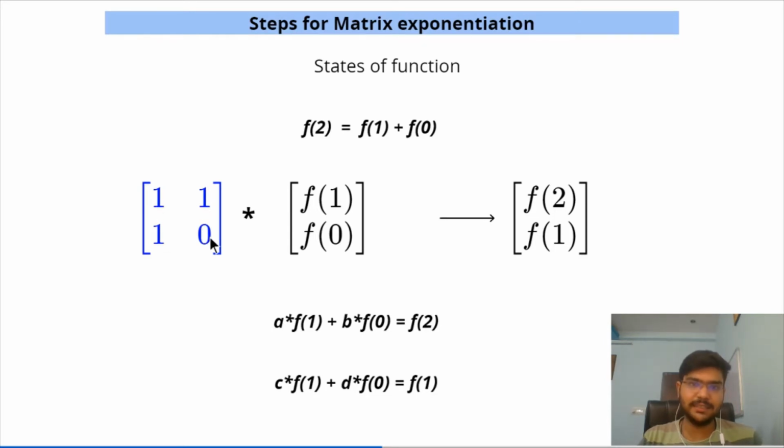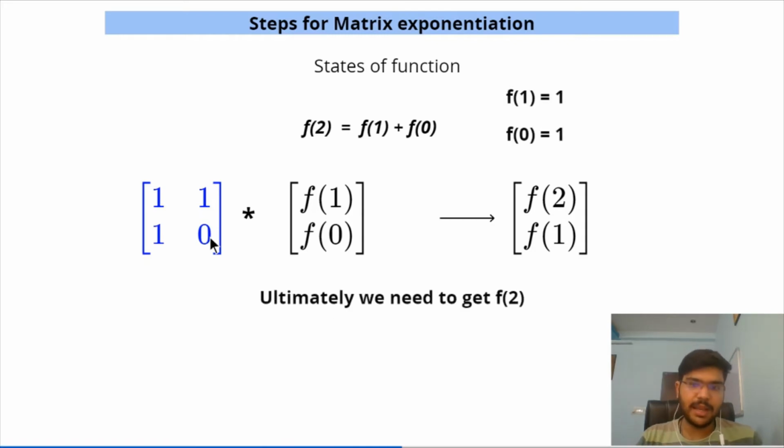So this is easy. This is easy to find the matrix M, right? So we found the main crux of the solution of the concept of matrix exponentiation, that is finding the matrix M. So we found out the matrix M, and now what we need to do? We need to find the value of f of 2. Let us suppose that we need to find the value of f of 2, what is f of 2, right? So what we will do, we'll multiply 1 with f of 1 and 1 with f of 0 to get f of 2, because the first element is f of 2.